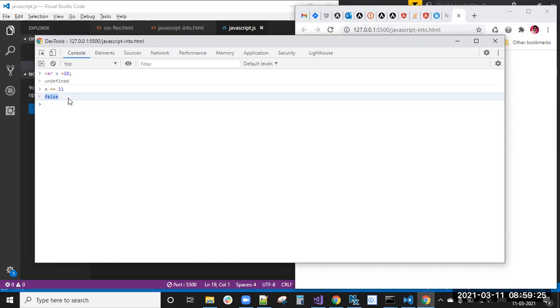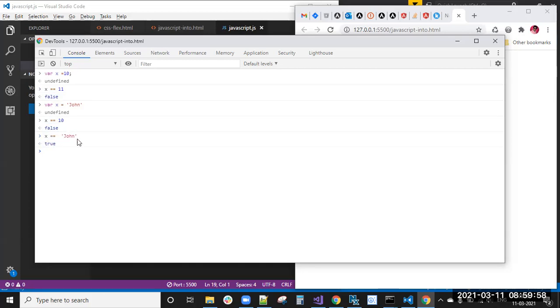Okay, so this is value checking here, not type checking, value checking. Similarly, instead of that, x equal to John. If I check x double equal to 10, I will get false only, because the x value is not John.